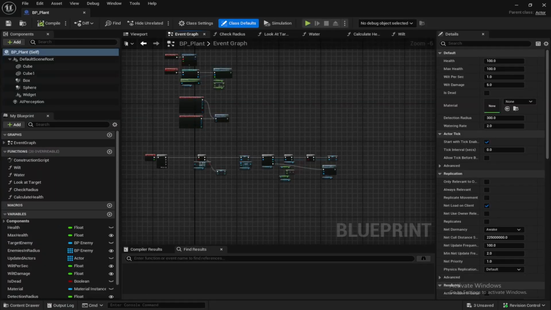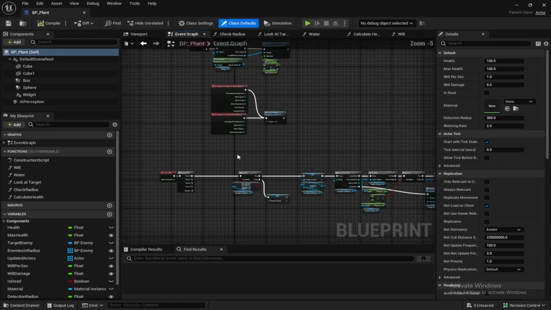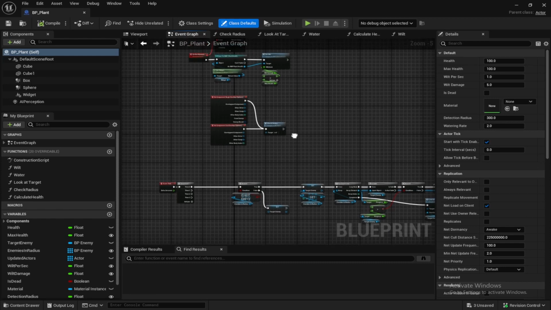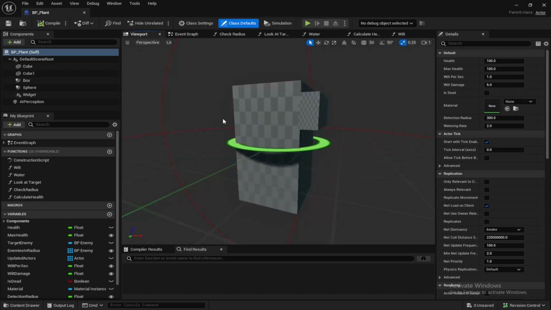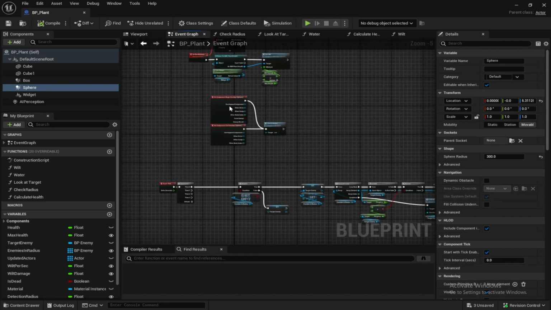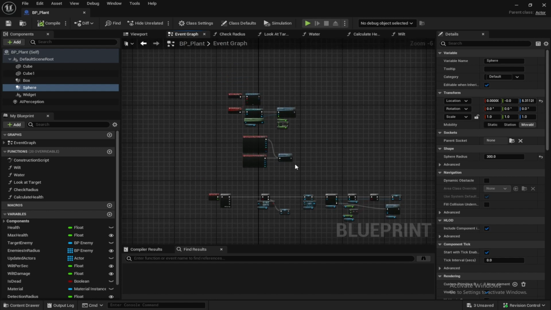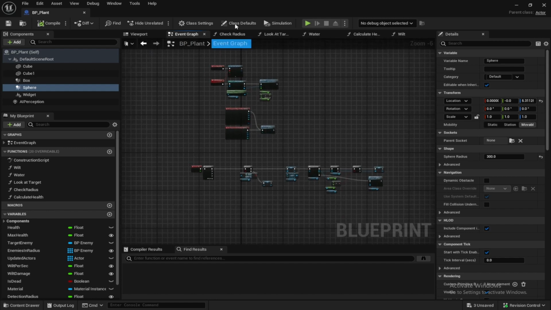This is the plant blueprint. It was originally made by Alex, but then I ended up modifying it to simplify it and make it more consistent. Alex originally made it using Unreal's AI components, but that ended up being a little sketchy with how well it worked. And so I replaced all that with just using good old collision checking, I mean overlap checking and whatnot. This is the base class for all the plants in the game,